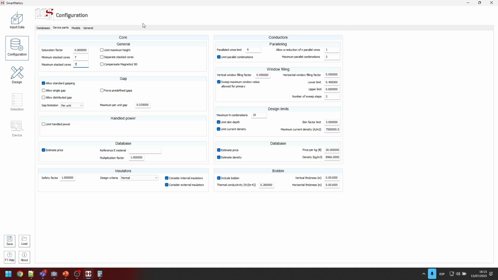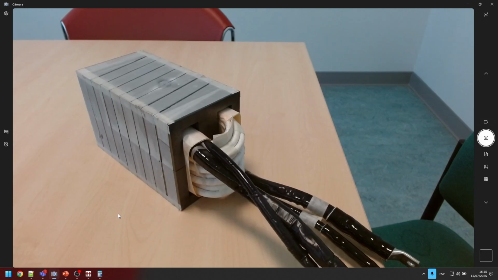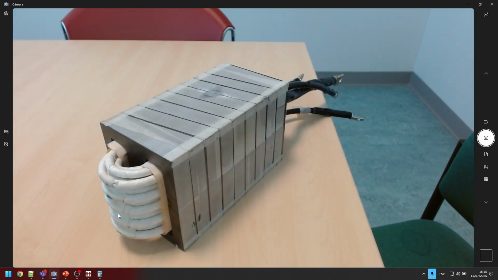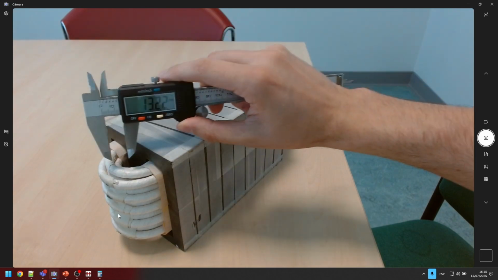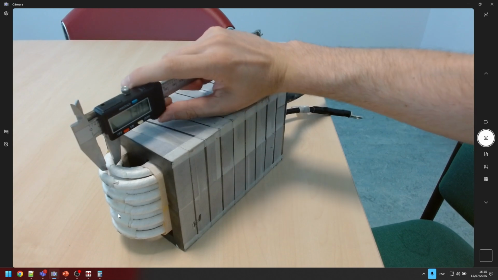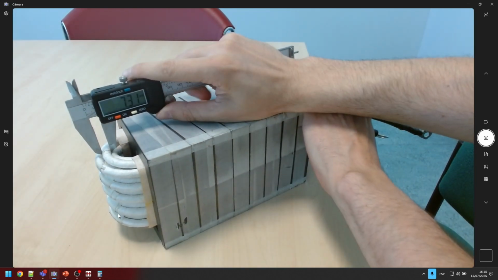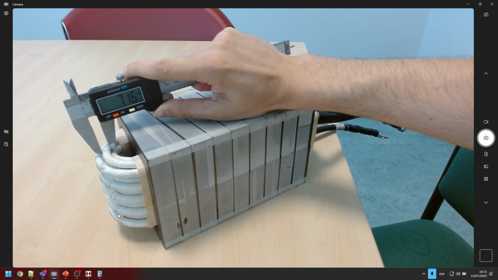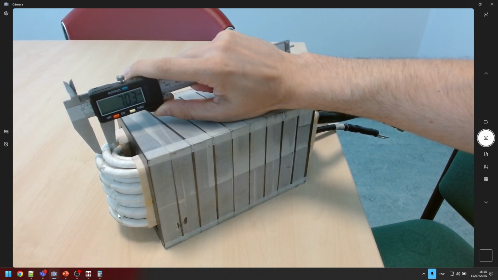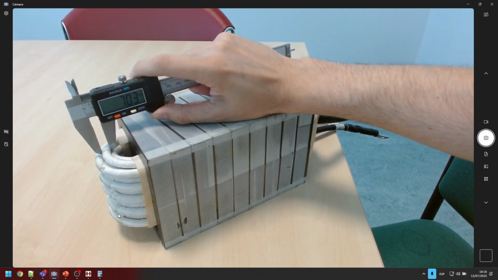But the next thing we can measure is the winding or both windings. Okay, so I'm going to go back to my camera. We have access to the windings at the front side and at the back side. I'm going to use the back side because it's easier in this case, and we can measure the wire geometry. As you can see, we have an external diameter of more or less 7 millimeters, 7 point something. It depends on the strength of my grip in here. So close to 7 millimeters.